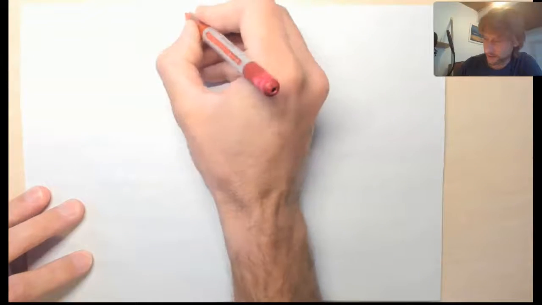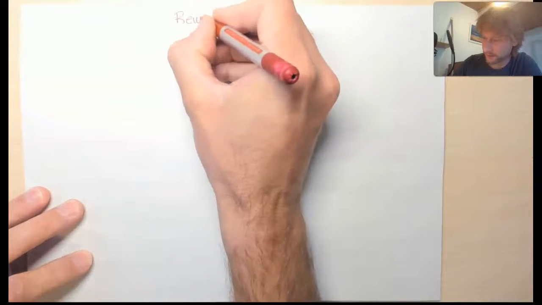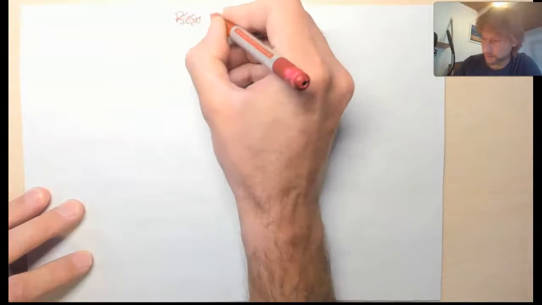All right, hello, let's try this out. I'm going to do the review set 3B on page 81 of the book. I'm not going to write the actual questions, so I'm assuming that you're going to have the book next to you while watching this. So let's see. Can't spell. Review